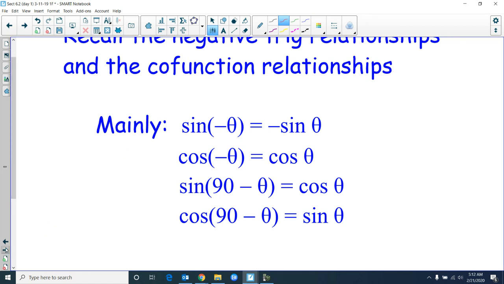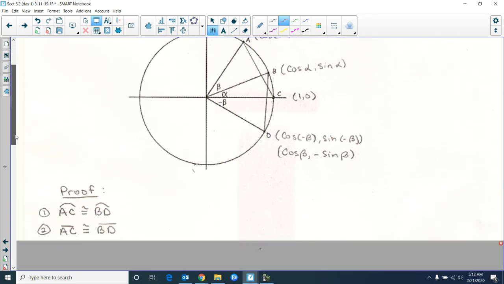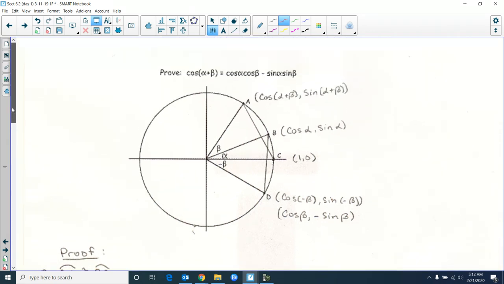All right, for this very first one, it is a little bit long and a little bit difficult, and you should have a paper here that hopefully is the substitute handed out. You do not have to memorize this. This is just to give you an idea how to do this. It'll be a little bit difficult for me to explain here. Might have to do it again when I get back. But this is how we prove